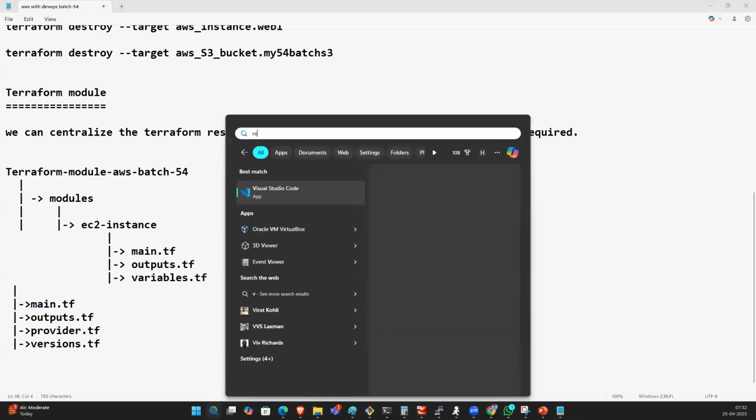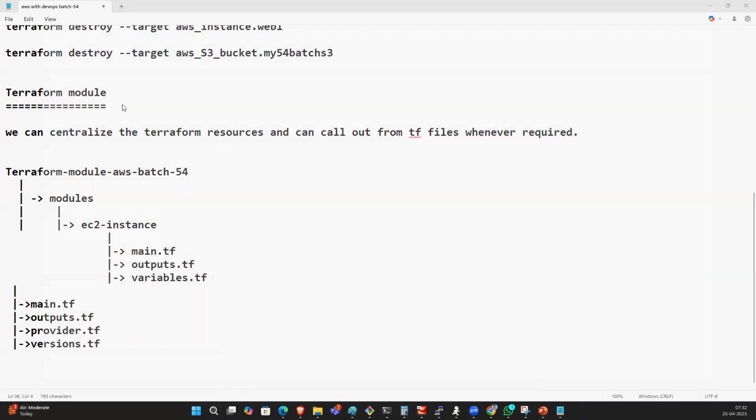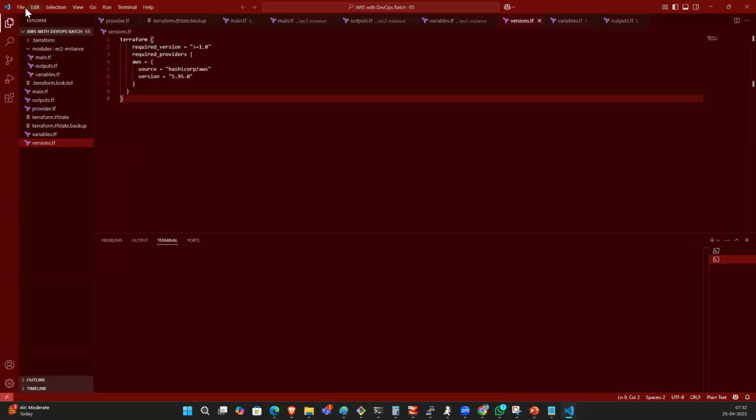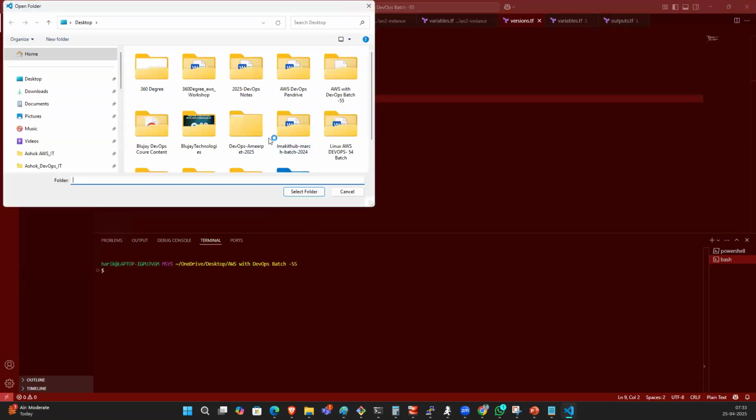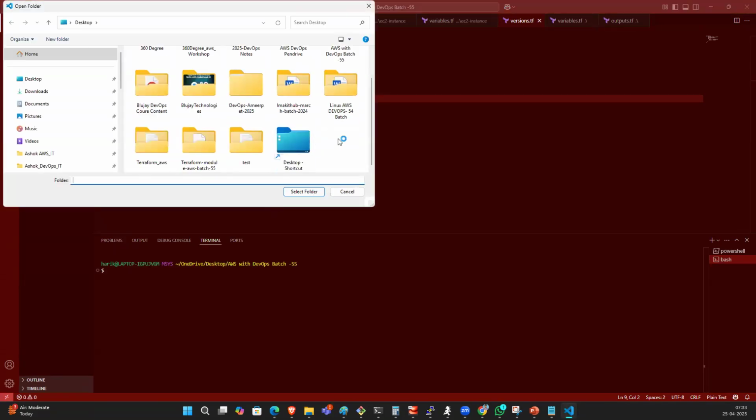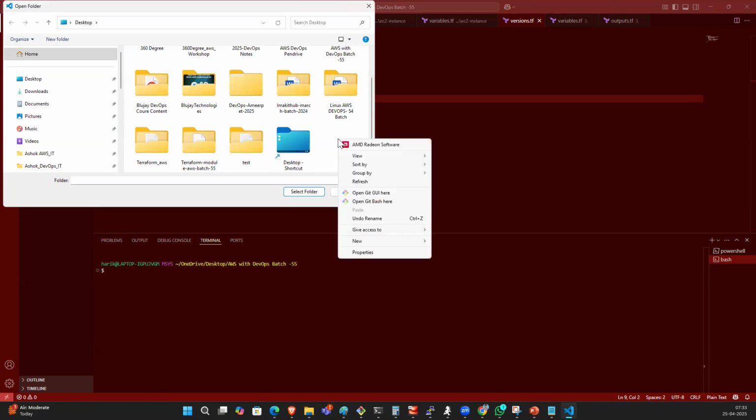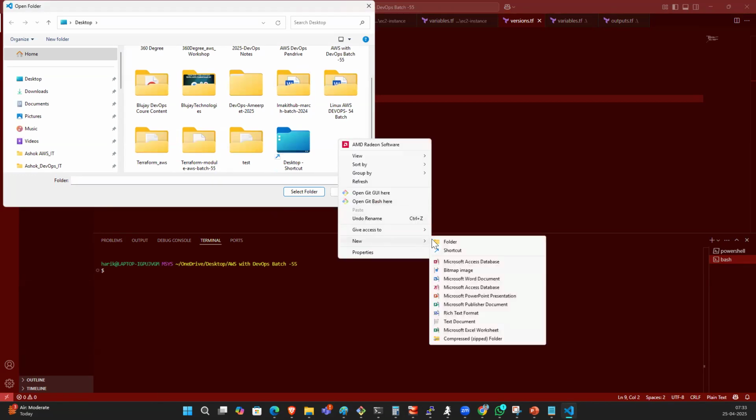Close the editor. No? VS Code, file, open a folder. Right. So what file will we create? We will create a file like